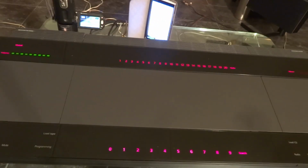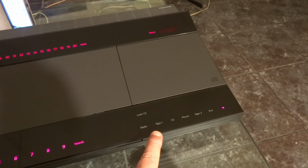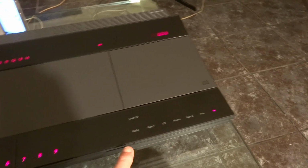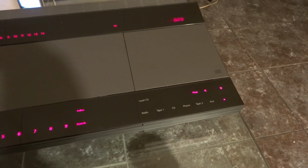Know what? Let's try the same CD. I still have it in this player. Let's try the CD. Let me see how that thing